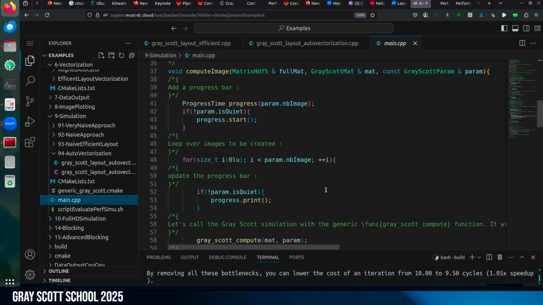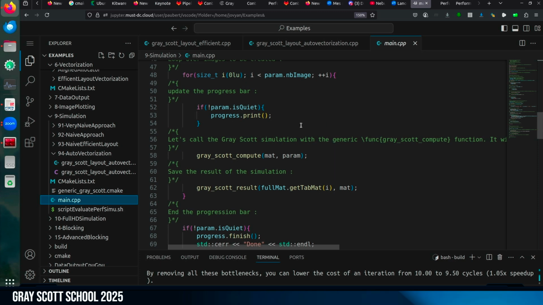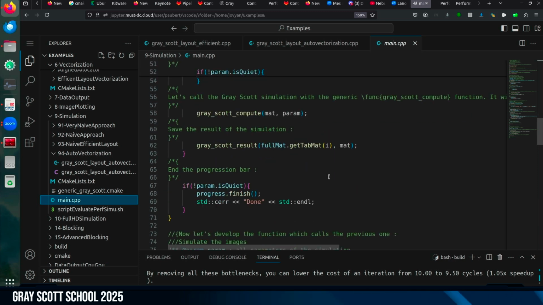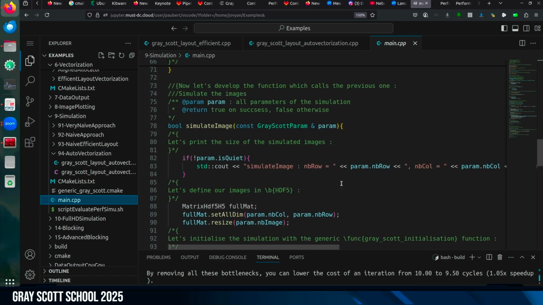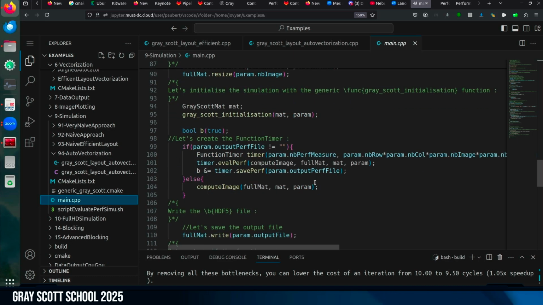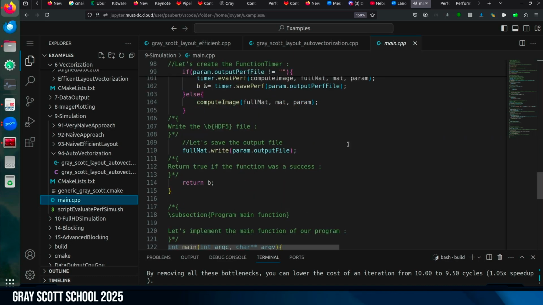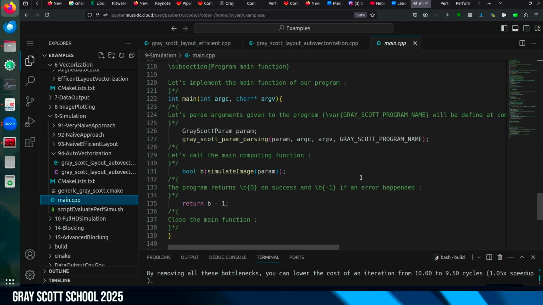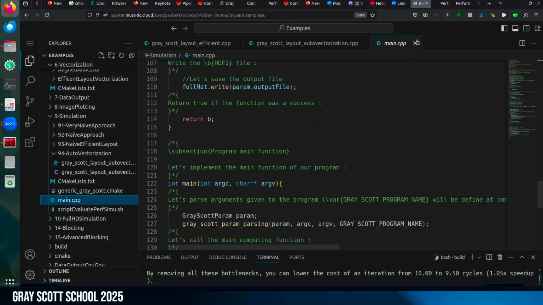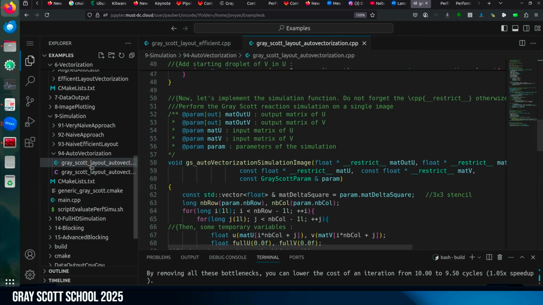We compute the images. We can take care of all the parameters, all the stuff, all the HDF5 in it. And we can also do much more, but we will not have time for this session. We will play with that later. And so the idea, if you get this